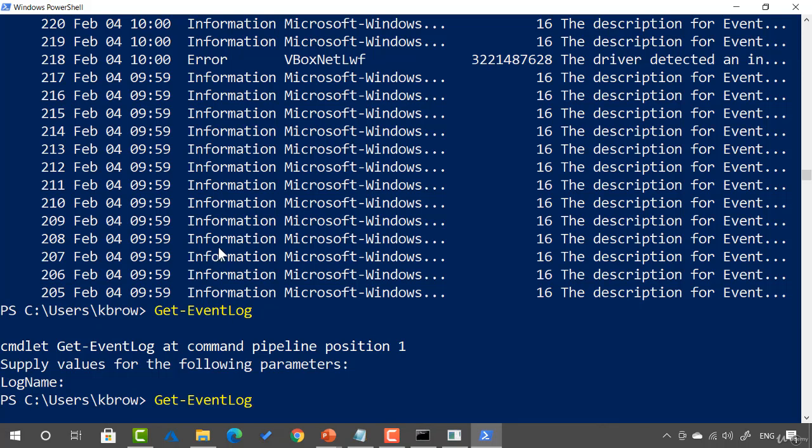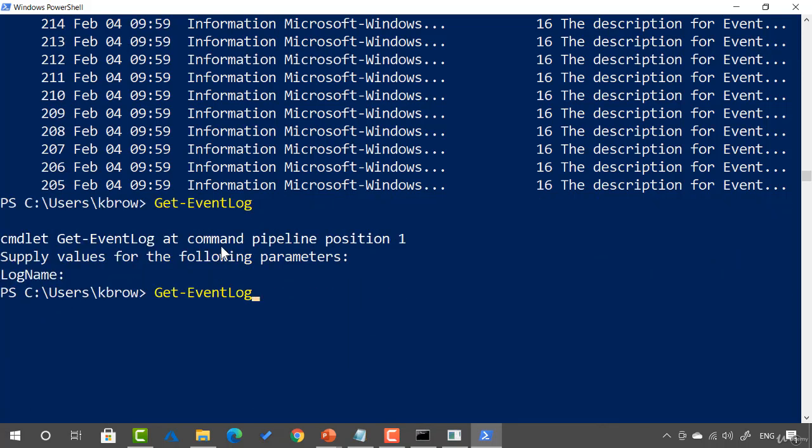But if we go back to the Get-EventLog, this IntelliSense is so powerful in PowerShell. I'm going to type dash. I can hit tab, and it cycles through every parameter that I can actually use. So if I wanted events before a certain date, events related to a specific username, any of these, and it's a lot of things there, but it could be related to a specific computer name. You could simply tab through all of those. So you don't really have to know what it is you intend to do, or you don't have to know the syntax. You can literally dash, tab your way through it. But I'm going to use